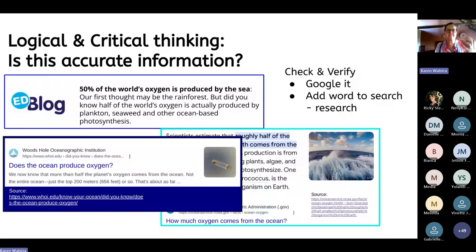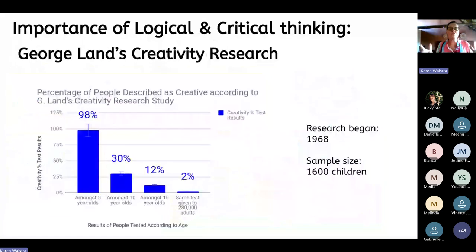So think about activities like this that you could be adding into your lessons, not even as a whole activity. It could be part of an introduction or part of a conclusion, or if you're talking about some content that you're teaching about, they could quickly verify whether something is true or not, and you could show them areas where it's being justified. So I want to now just talk about why it's so important to teach logical and critical thinking. George Land, in the 1960s, did a